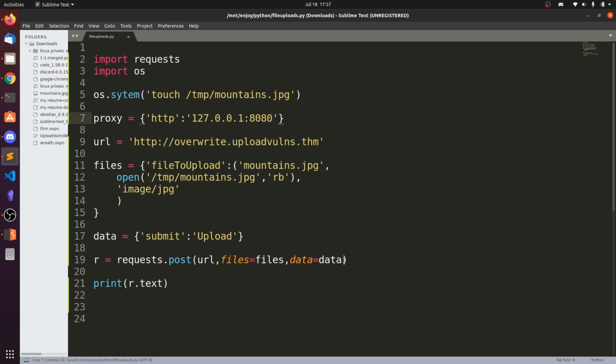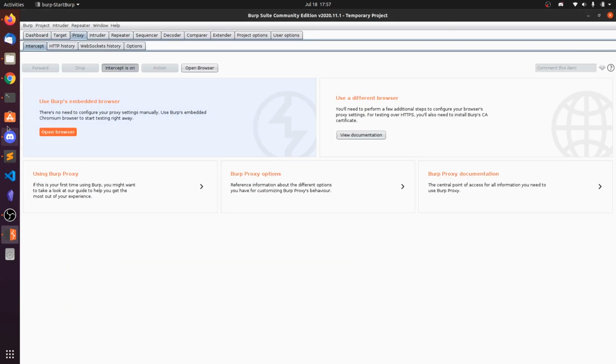This is the proxy. If you want to send the data through the proxy, you can define proxies equals proxy. So we are sending the POST request and it will be intercepted by our Burp Suite.